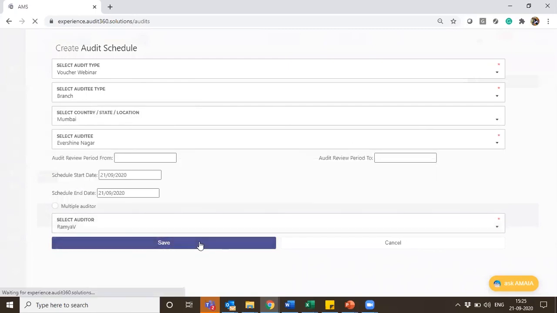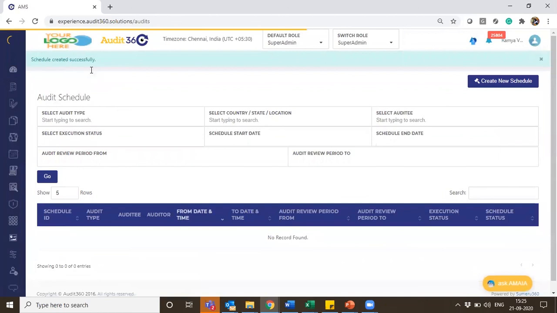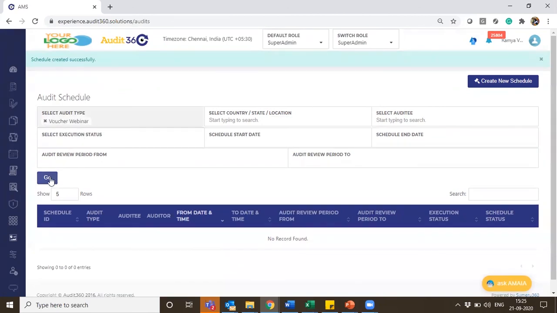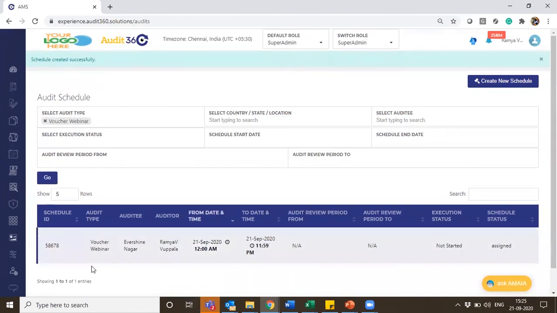Right, save. If you see, my schedule has been successfully created. So I can show the schedule. The schedule has been created. So the data I've uploaded was for the Evershine Nagar.